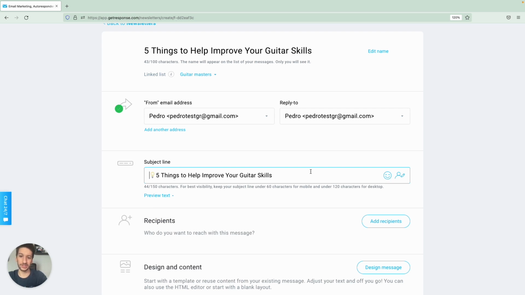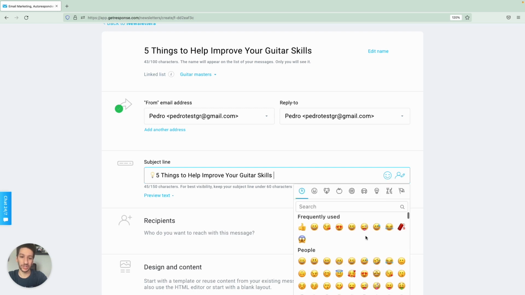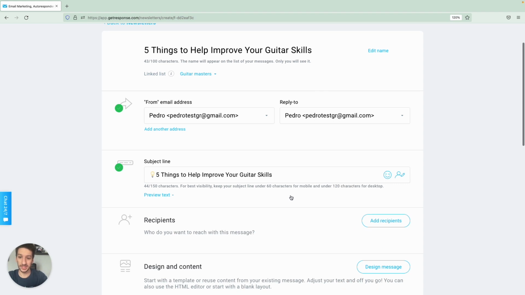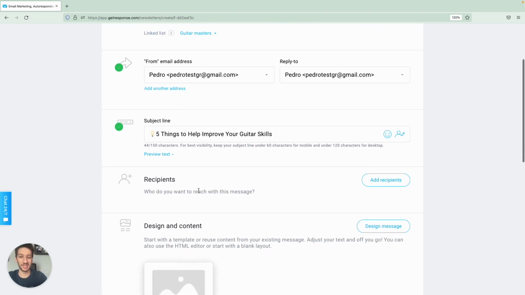So you can do that just as I'm using Mac, I just use Control Command and space, but if you are on a computer, a PC, you would just go to the emoji over here and you would select the one that you want. Now we have the recipients, but before we jump into them, let me just mention that